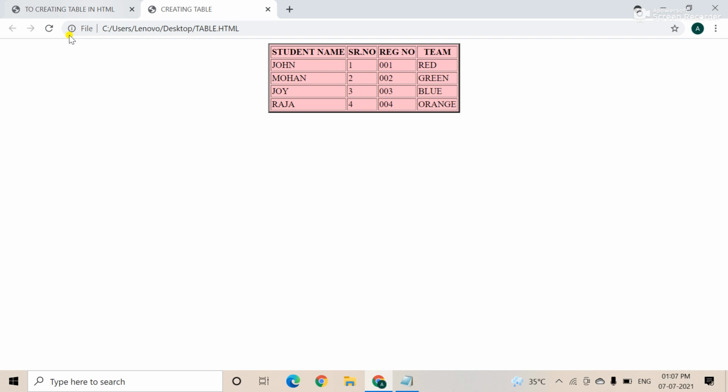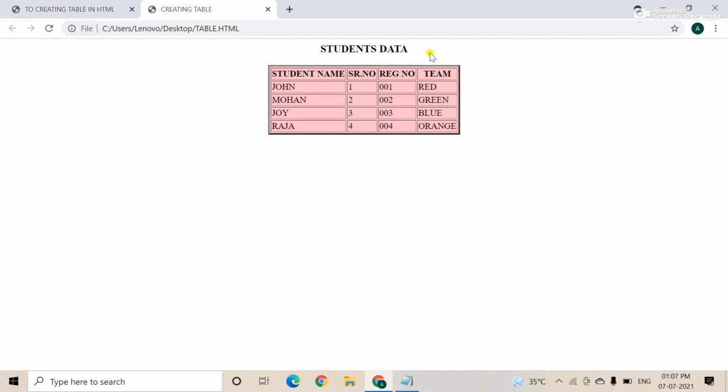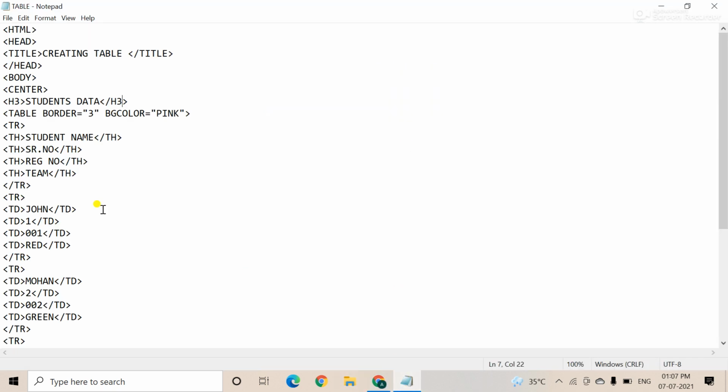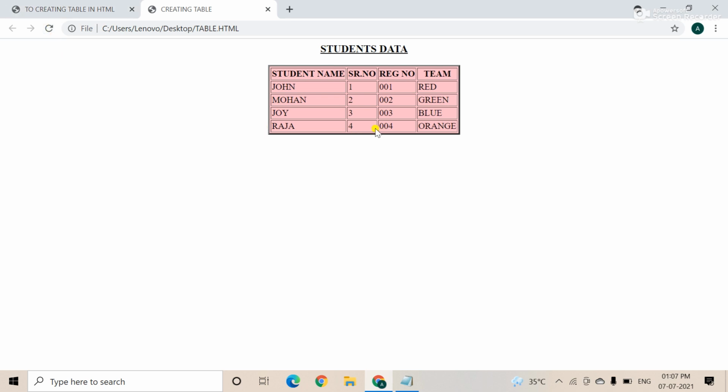Then you refresh the page. So see, the page refreshed, student data, right? And if you want to underline, then you use the underline tag like this, the U tag. And if you want bold, then you use the B tag. Okay, like this. I copy these two things, bold and underline. Then Ctrl+S like this, just to refresh. See the bold and underline are here.